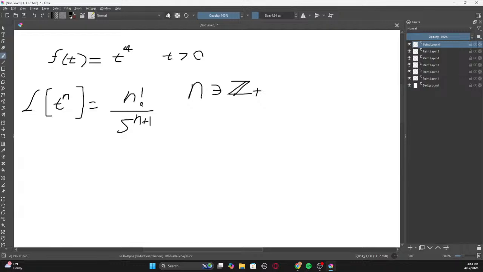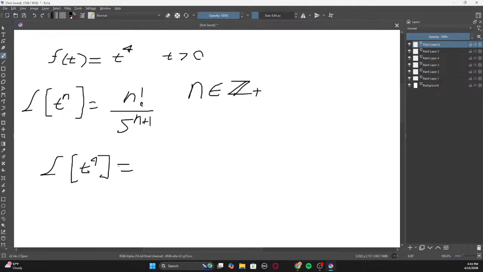Also, I think I have this backwards. I think n can just be, I think it's the other way around. So yeah, as long as n is a positive integer, this should work. So in this case, n is 4. I know it's a shitty 4, but n is 4. Which means that the Laplace transformation of t to the power 4